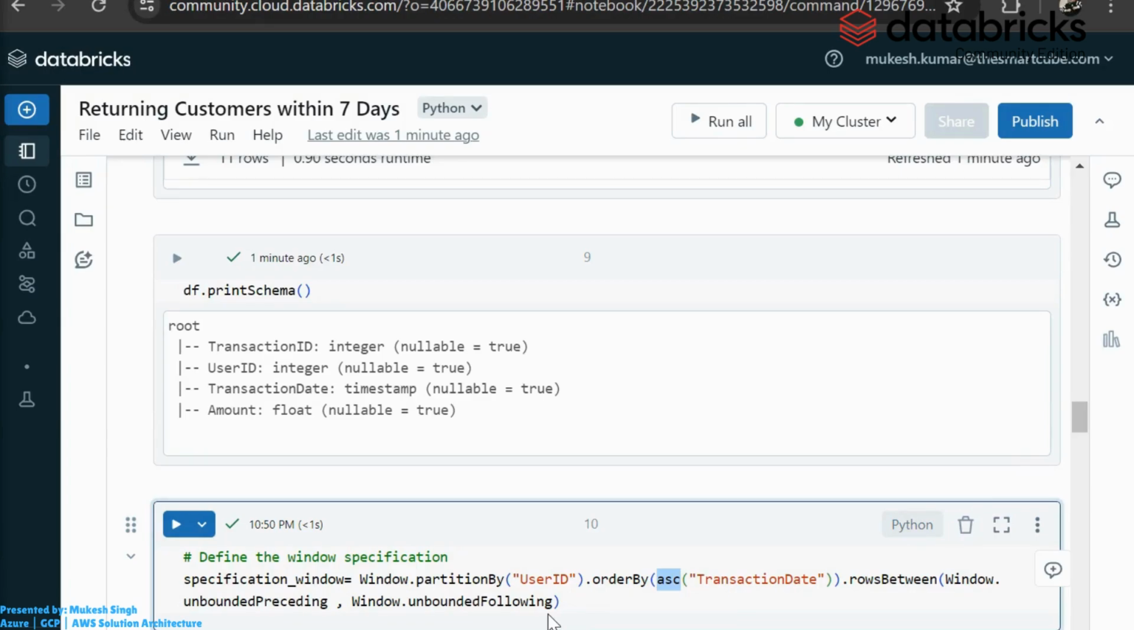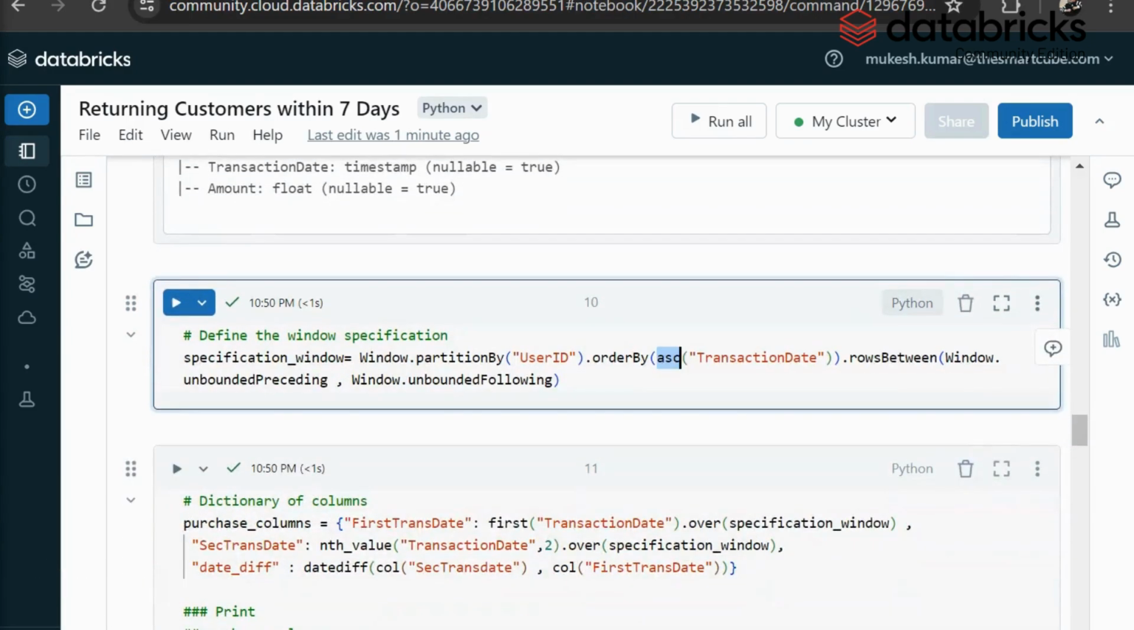Unbounded preceding and unbounded following are special window frame boundaries. You can see they allow you to define windows that include all rows from the start to the current row, or from the current row to the end row respectively. Okay,